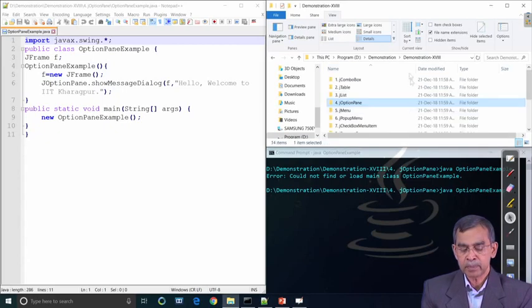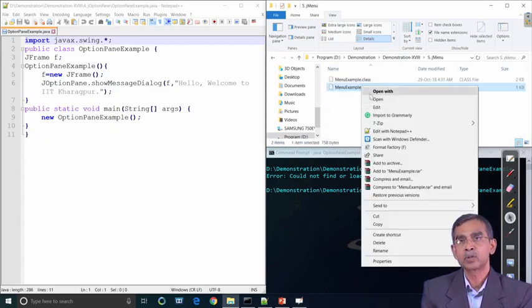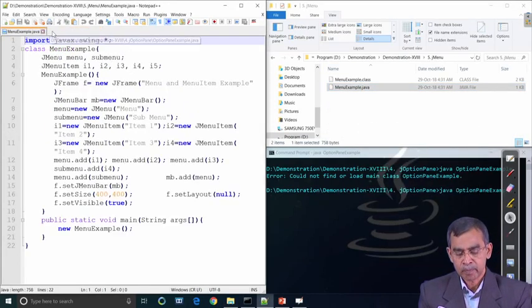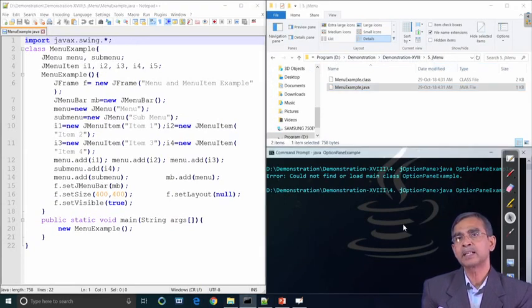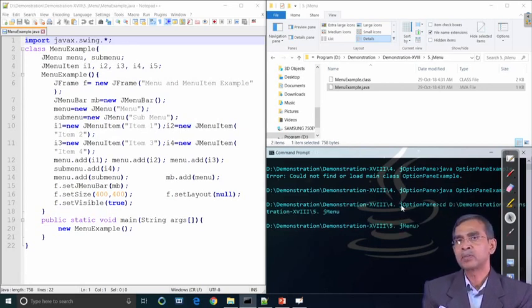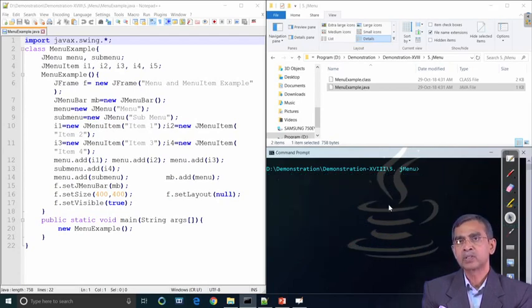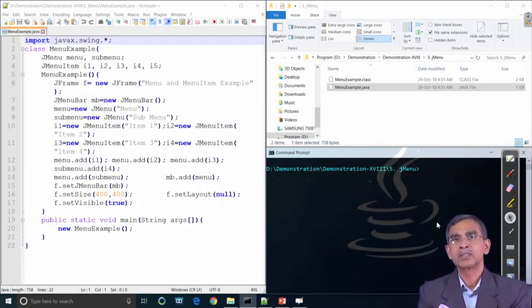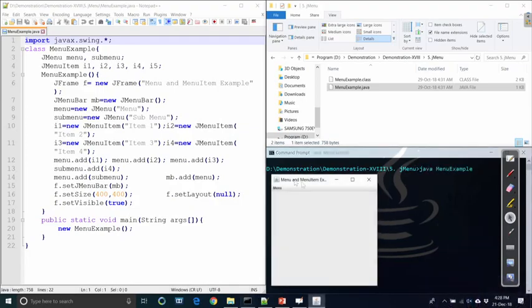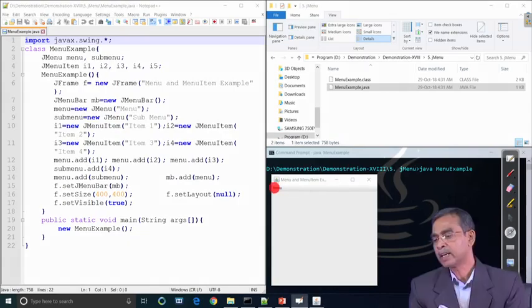Now, our next example is to create a menu bar and show menu items in the menu bar. As you know, a menu is basically a list of items, and the menu bar is the bar where the menus are tagged, and if a particular menu is selected, then this menu can be chosen here. So, a typical look of a menu bar and menu items is what you see in this applet. Here there is only one menu. Now let us see the code.